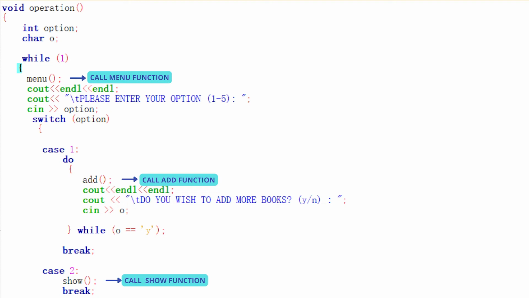If the user entered option is 1, it will call the add function, and after calling the add function, it will print, do you want to add more books, Y or N? The user will input into a character variable, and if the character input by the user is Y, it will recall the add function, and this will continue until the character input by the user is not equal to Y. Next, if the option entered by the user is 2, it will call the show function,